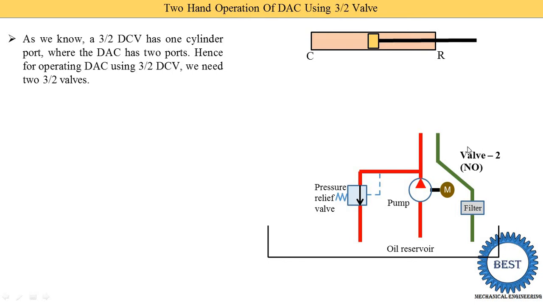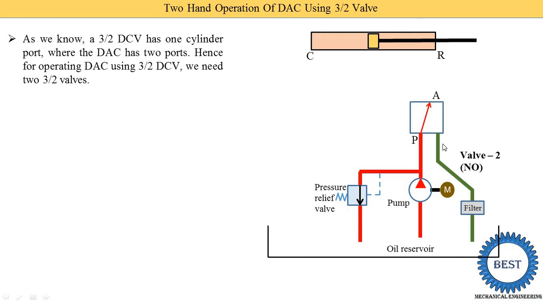Normally open means when the switch is not pressed, the valve is open, meaning it supplies the oil from the pump to the port. It is called normally open. And when we press the switch of the normally open valve, it does not supply the oil, but takes the return oil. As a valve we use the 3x2 valve according to the given theory. So this is for the first position. Here you see this is port A, and it is normally open, meaning it supplies the oil from P port to A port.